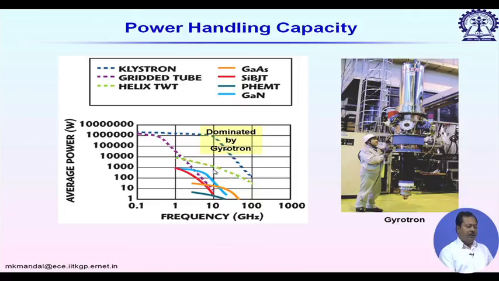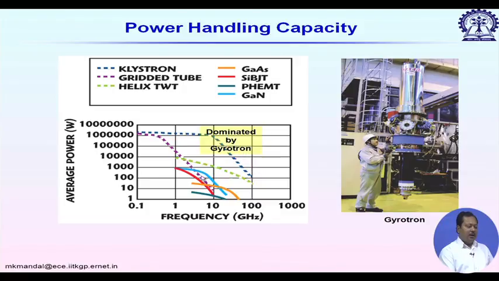If we look at this chart, for any given device, if we increase frequency, the maximum available power decreases. Not only that, the high frequency and high power region is mainly dominated by tubes, but the problem with tubes is that they are expensive and bulky. So, we try to avoid them in low cost